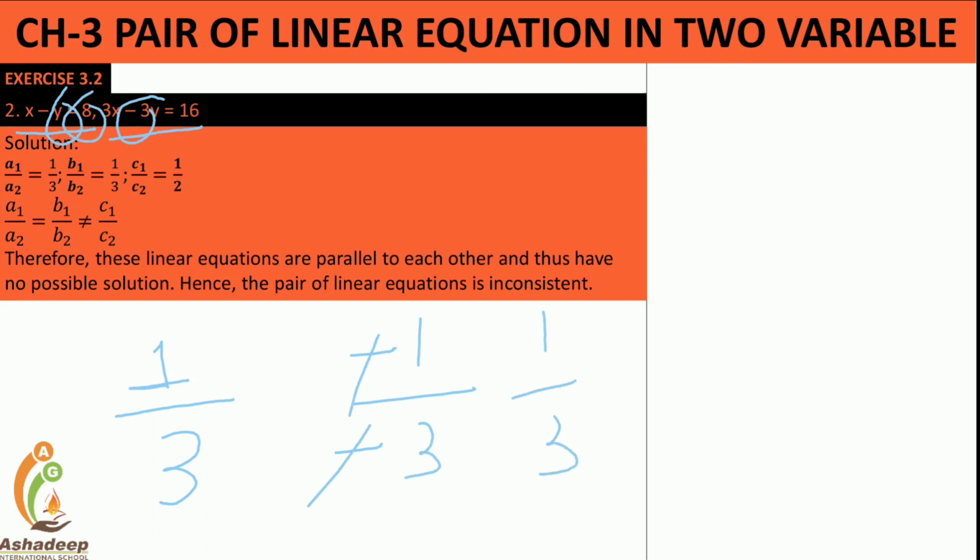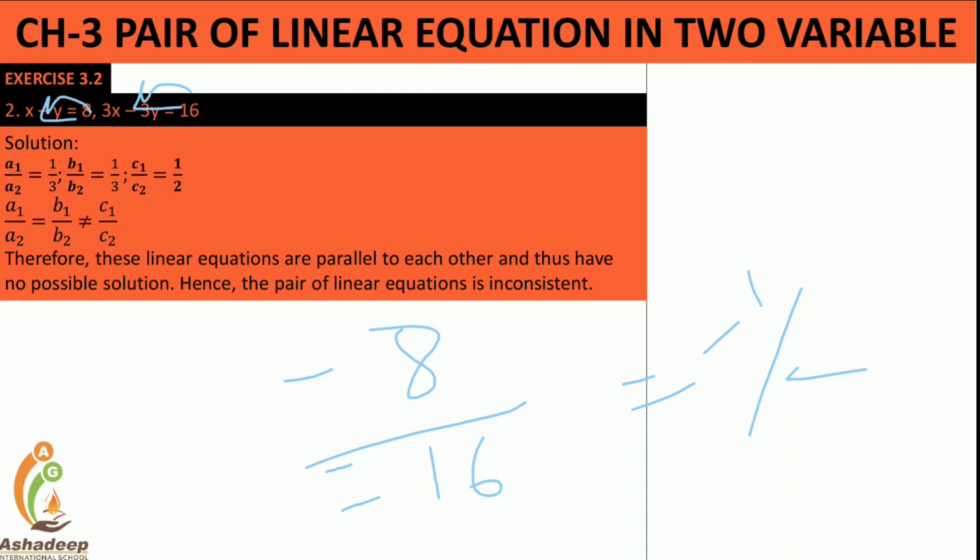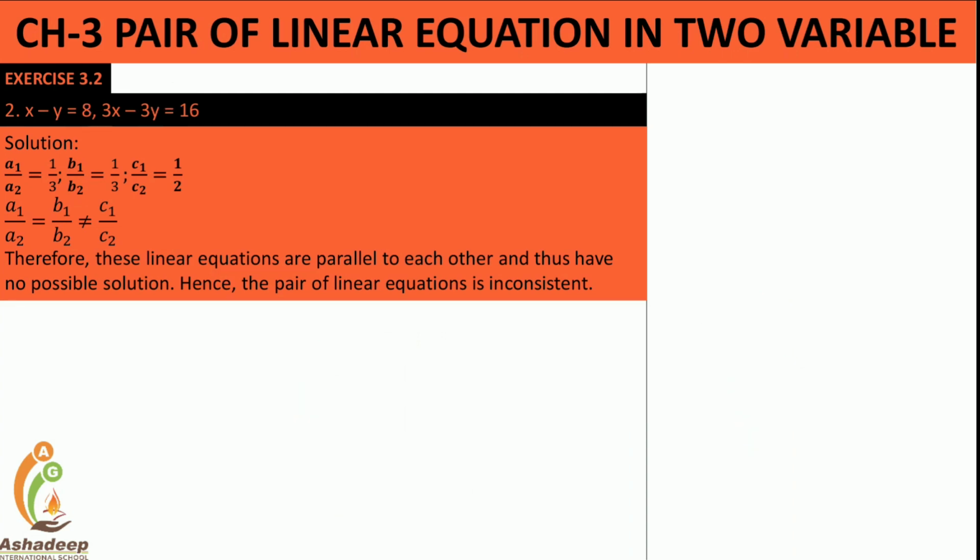What is the value of c? If 8 goes to the other side, it becomes minus 8, and 16 goes to the other side and becomes minus 16. So it is minus 8 upon minus 16, which is 1 upon 2. So here we have 1 by 3, 1 by 3 and 1 by 2. See, a1 upon